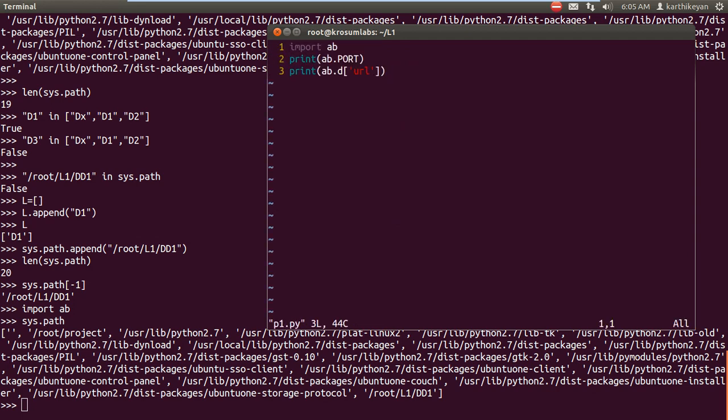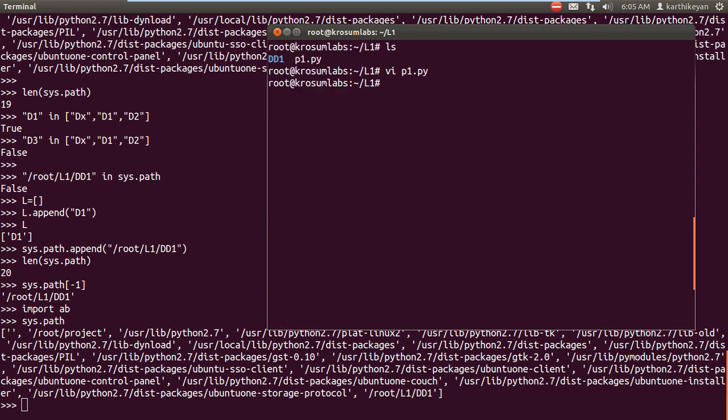Before importing, you can write sys.path.append, adding your path as a single argument, L1 DD1, the path name. Under DD1, not only AB, any module that is there, we can import.